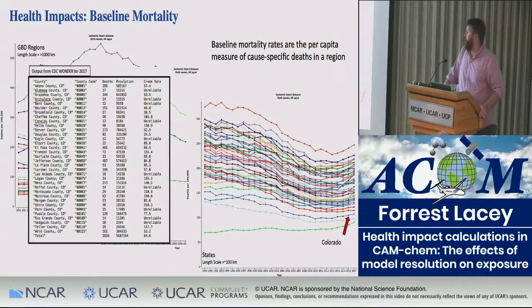And then finally, moving on from the GBD report, and this is especially applicable in high-income countries, we have even higher resolution data. We're now on the tens of kilometers in terms of the data that we have for baseline mortality rates. This is from the CDC Wonder report for 2017, and this is the calculated baseline mortality rate for ischemic heart disease based on each individual county in Colorado. And you're doing pretty well if you're in Boulder. It's around 46 deaths per 100,000 people. But if you're like me and you live in Broomfield, you're doing even better. That's around 39.5.